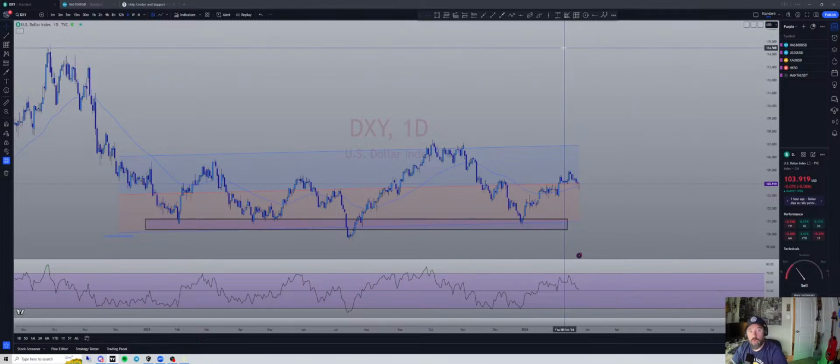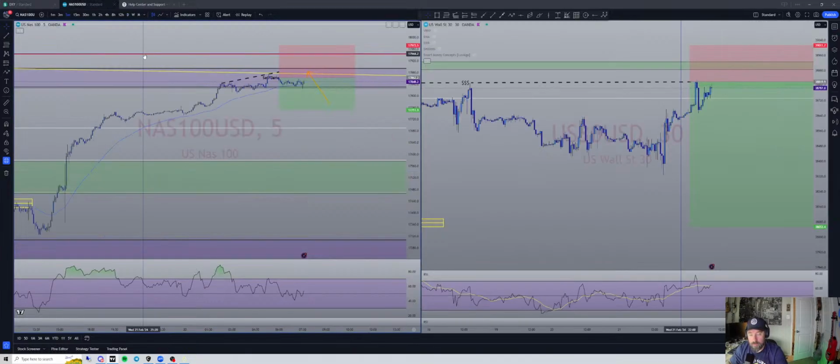Jobless claims were lower than expected. Came out green on mine, so I don't know if that means it's lower or higher. I think that means it's higher than expected. But yeah, I see what you're saying. It would be green because if you have lower jobless claims, that's green, right? You don't want higher jobless claims. So if we have more people employed, less people filing for unemployment and joblessness,